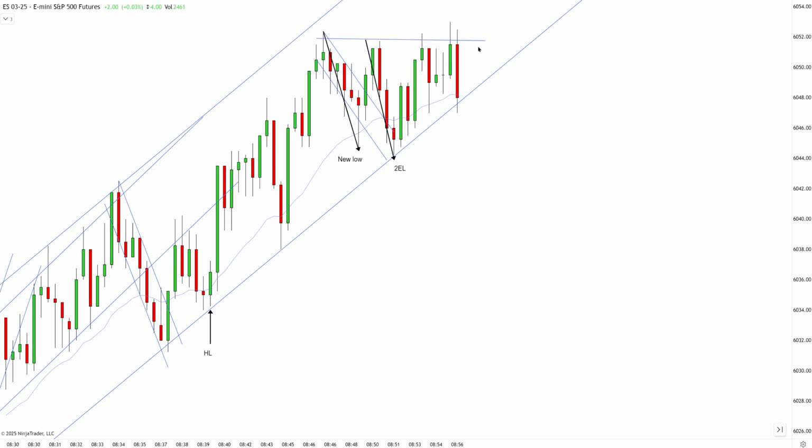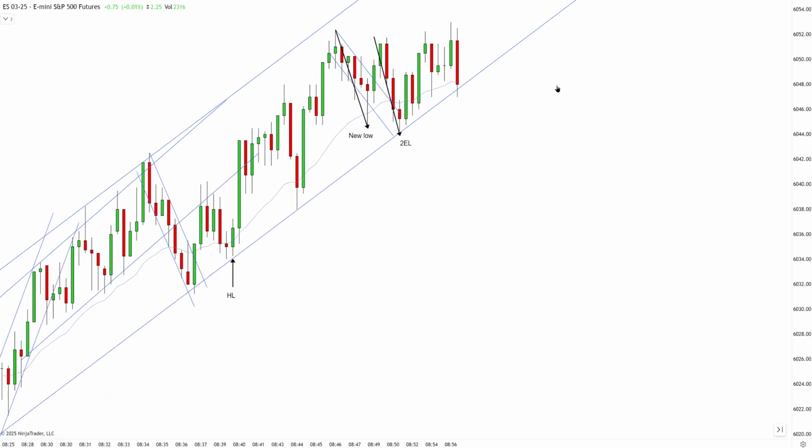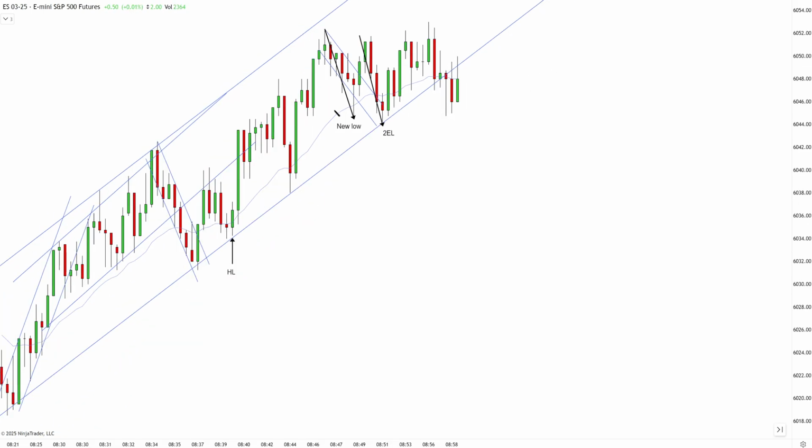And it's getting quite wedge-like. You can see the wedge formation. So at this point, I'm being more patient. I don't really want to take any setup here. There is nothing. I'm going to draw a small consolidation because I can see we have consistent pricing up and